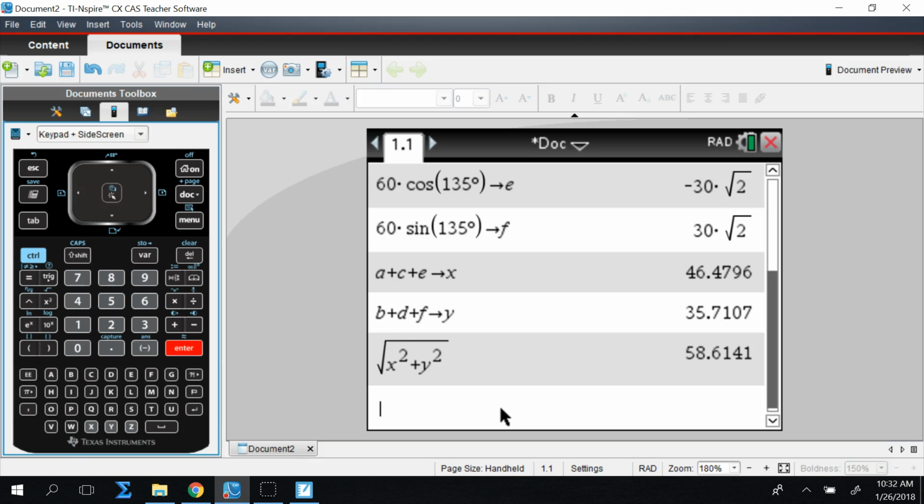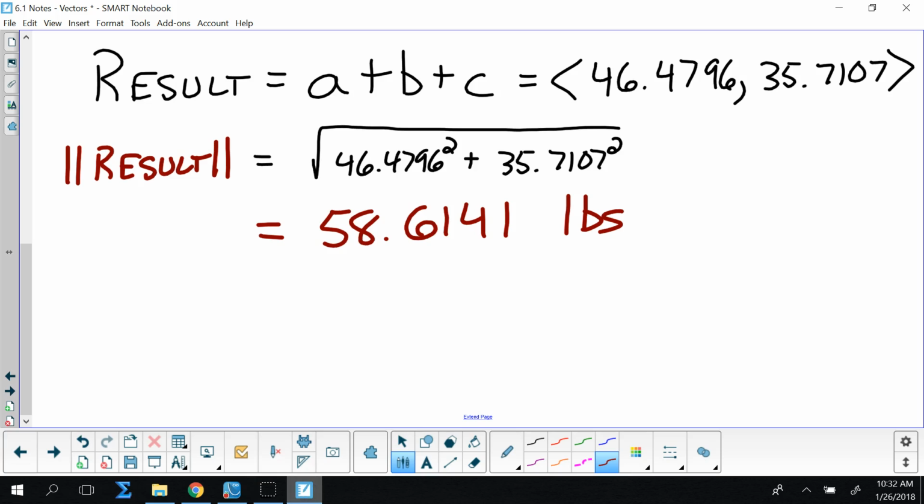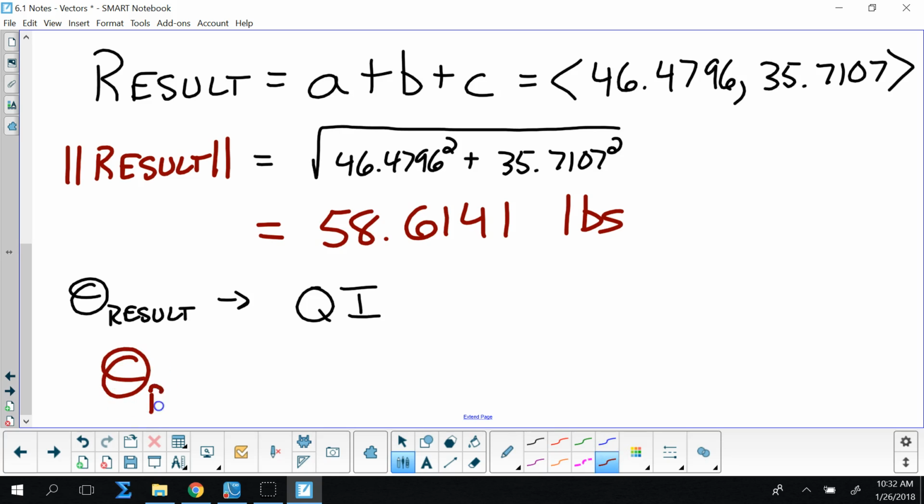Okay. Then I need to find my direction angle of that resultant force. So the resultant force is going to be in which quadrant? Quadrant 1. So my reference angle is going to be my direction angle. So theta of my result